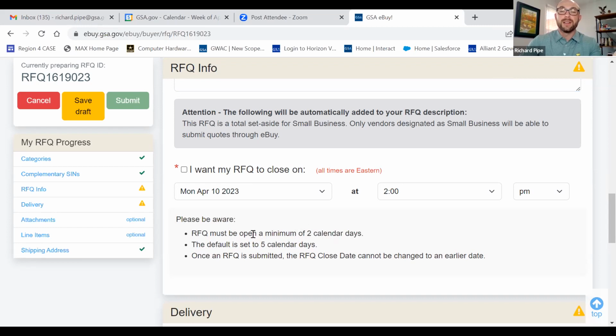So keep that in mind. But like I said, default set to 5. I always recommend at least a week, if not more, for service requirements. And the more complex your requirement gets, maximize the time this is out there, because it does take vendors an awful lot of time. As you saw in one of the intro slides, you get